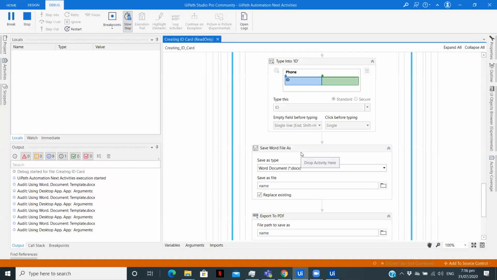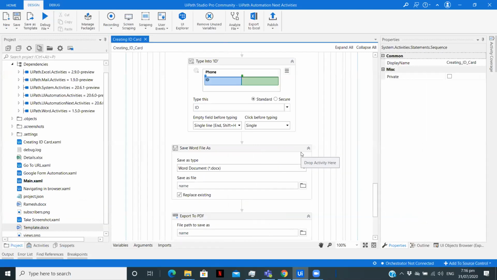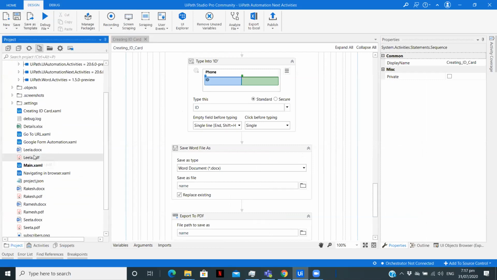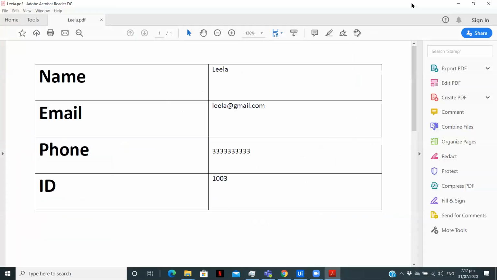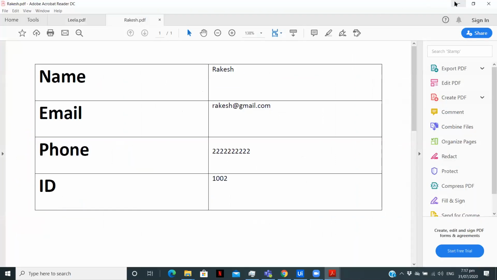I think we are almost done with all of them. Maybe this was the last one, the fourth entry. Okay, so we have all the 4 files with us. Let me refresh this and check out all the files. So you can see we have docs as well and we have PDF as well. So if you want to edit anything you can do that. Let me open first all 4 of them and then we'll see.